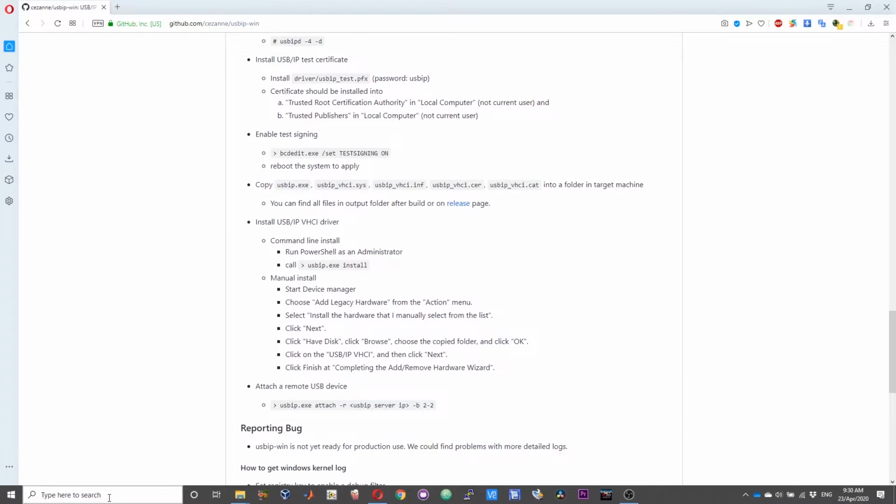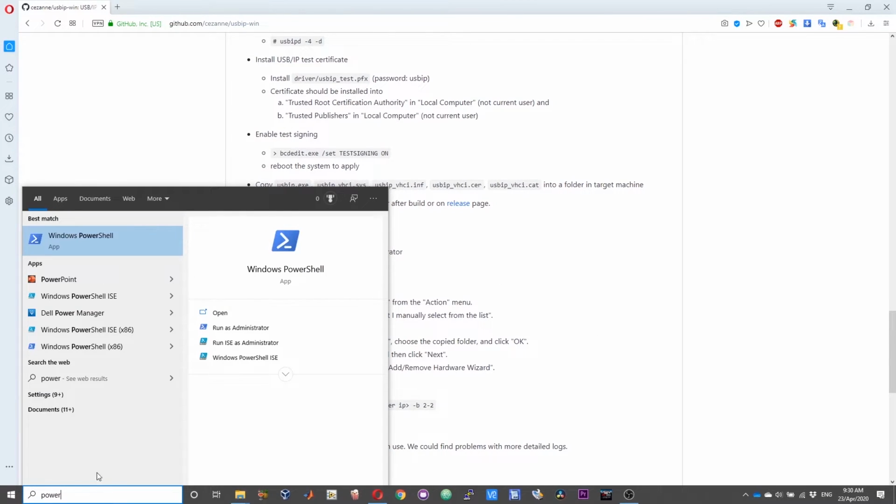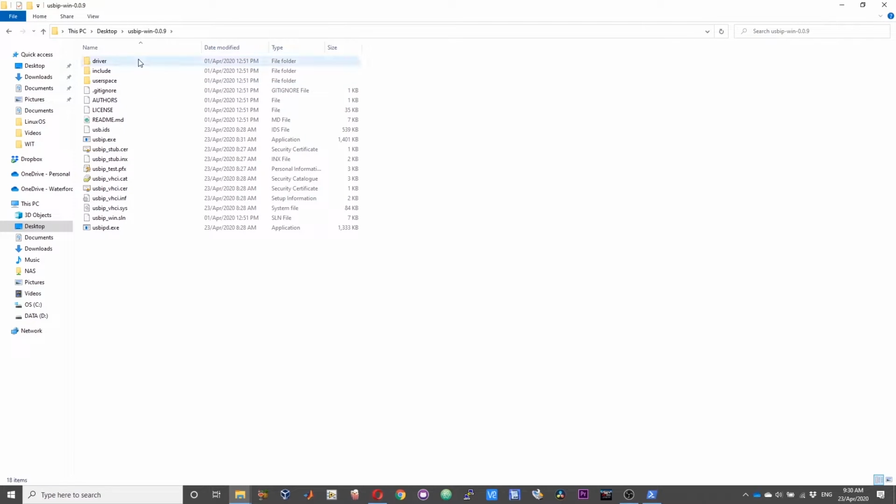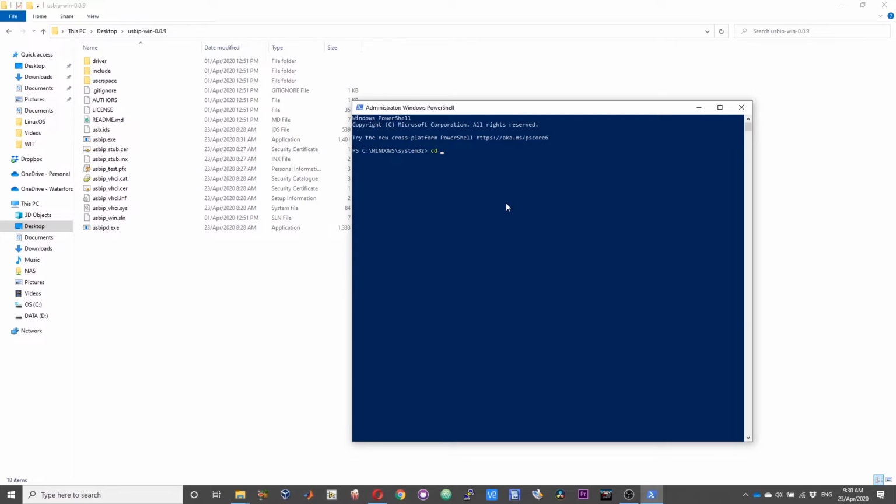After restarting the system, open PowerShell again, right click and choose run as administrator. Now you need to change directory to the folder where you have all these files. Copy the path, type cd, and then quotes, and paste your path within the quotes. If you have spaces in your path, you need to put it within quotes. Even otherwise, it is always safe to use the quotes. Now press enter, and you will have the path changed.